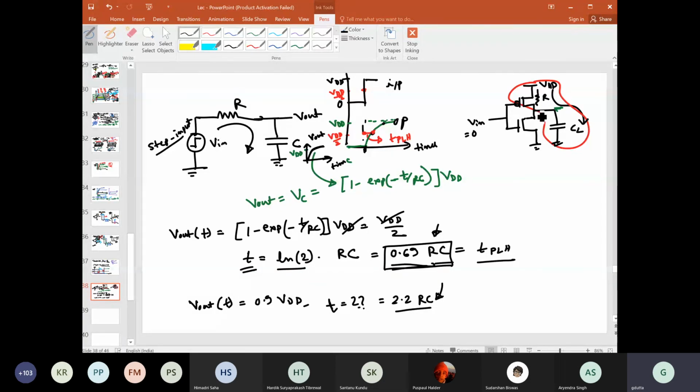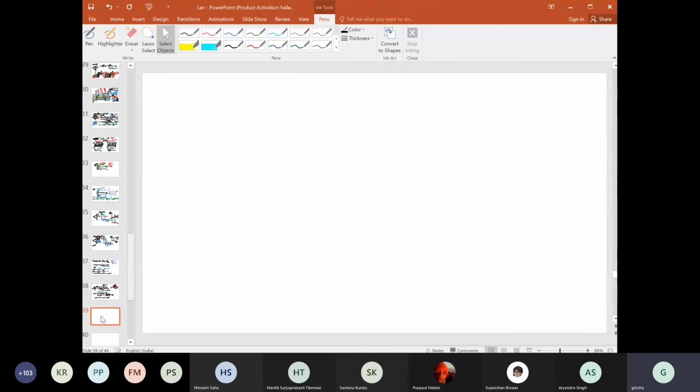If you have understood this part, then let us take this example of this RC. Let us take the example of this CMOS inverter and try to find the propagation delay, because now we have both the transistors, this PMOS as well as the NMOS, which is easy, but let us do that. So I will copy this in the next page. So far we have considered only this part, right? Now it is the CMOS. So the propagation delay in case of a CMOS inverter.